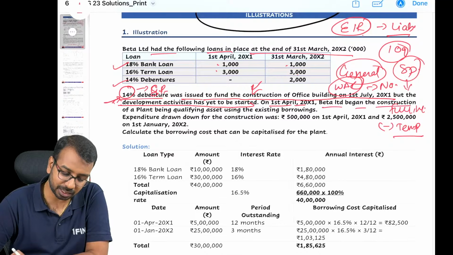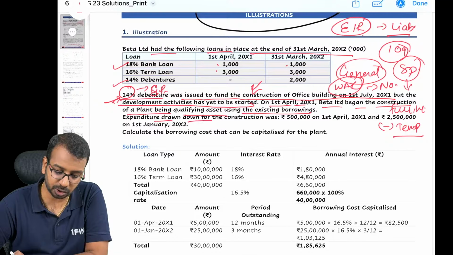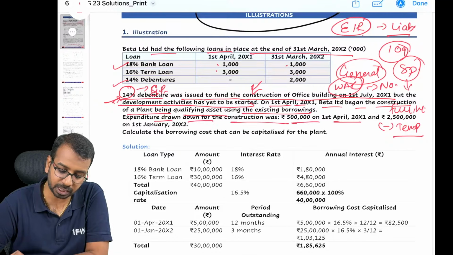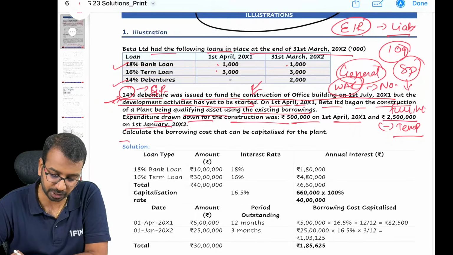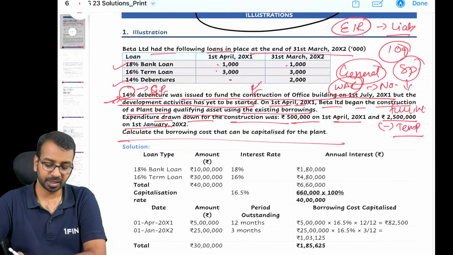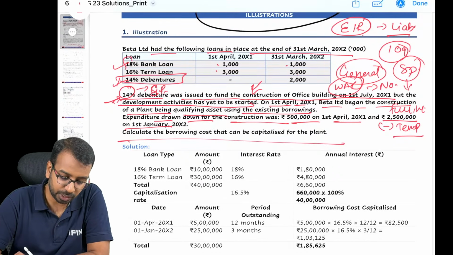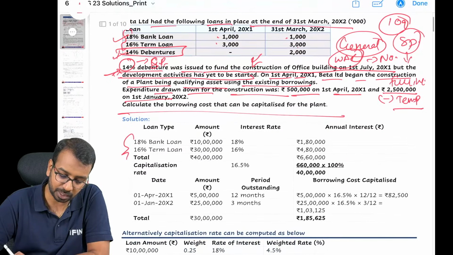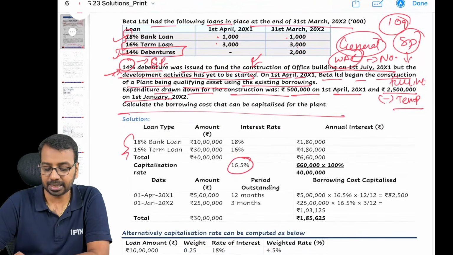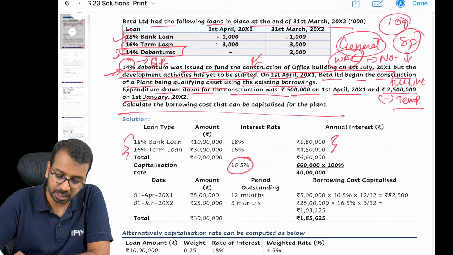Beta Limited began the construction of a plant, being a qualifying asset, using the existing borrowing. Expenditure drawn down for the construction was 5 lakh on 1st April and 25 lakhs on 1st of January. Calculate the borrowing cost. Now here, this is specific, you will exclude 18 and 16. You will calculate something called the capitalization rate. How to do that? Take the total interest